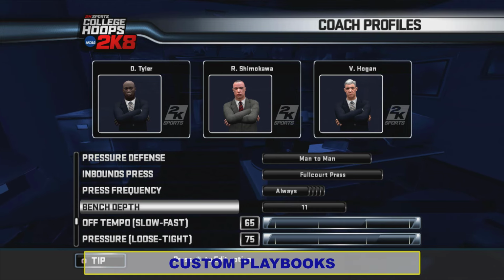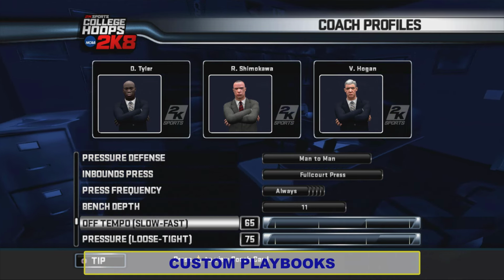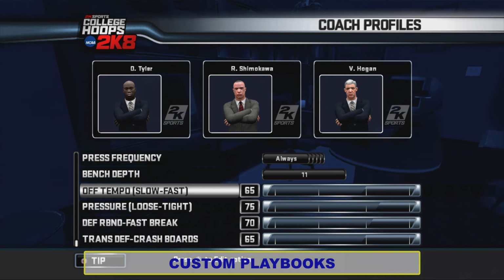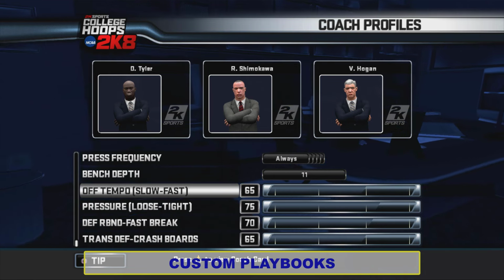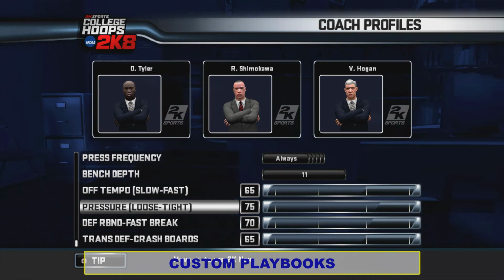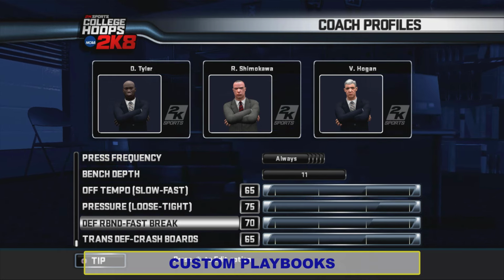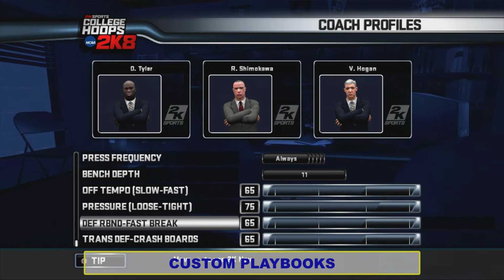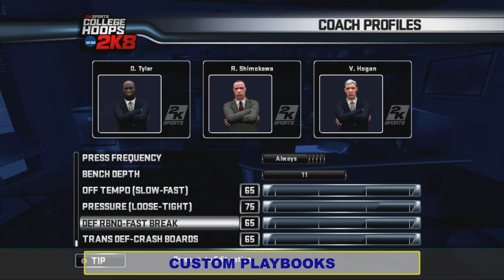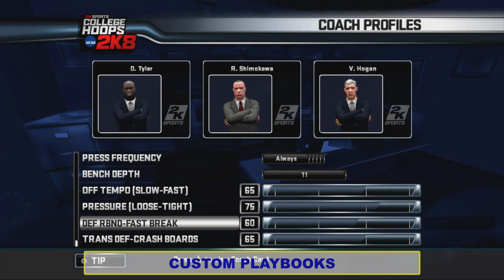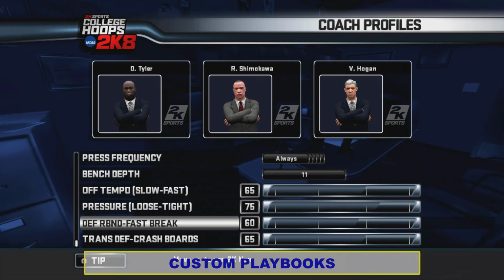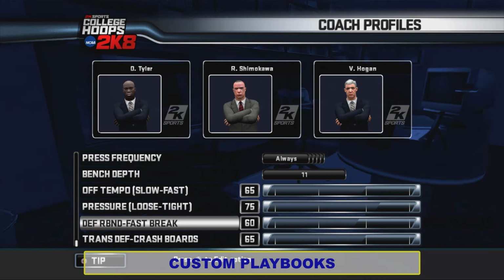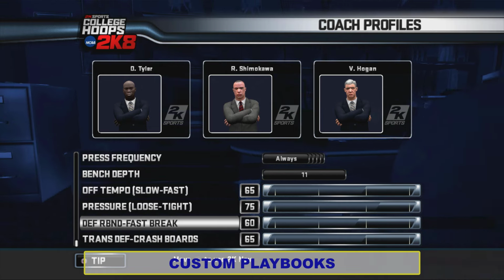In this particular Dynasty, my bench depth is up to 11. And then this is what I use for the in-game strategy. Our tempo is 65. Defensive pressure is 75. The defensive rebound versus fast break is 70, which actually this should probably be more like 65 or 60 even. I want to run more, but I also want to be competitive on the board, so I'll probably put that at 60,